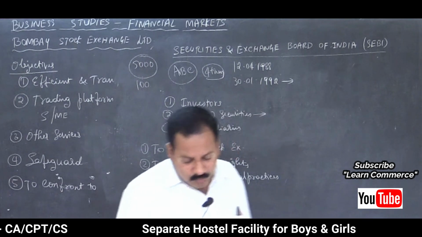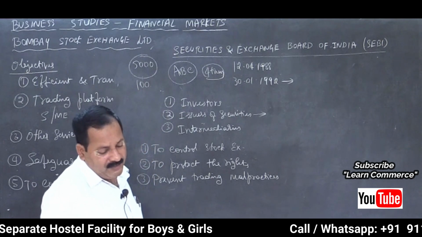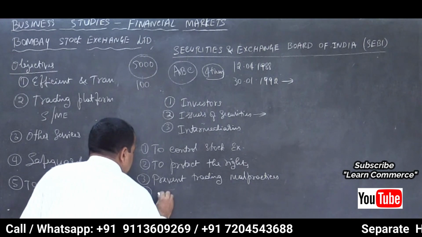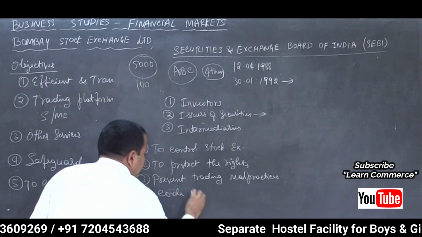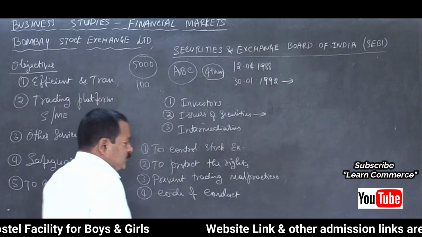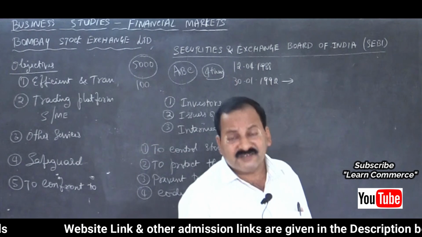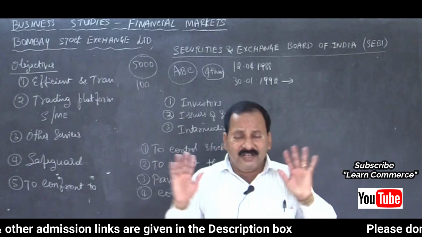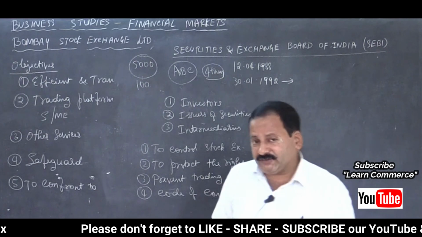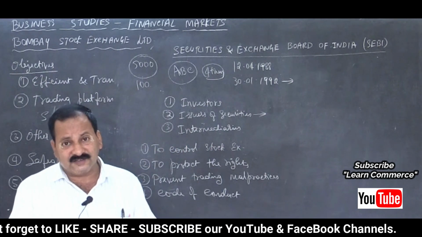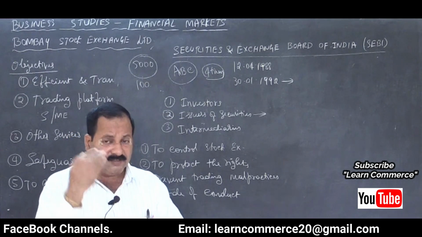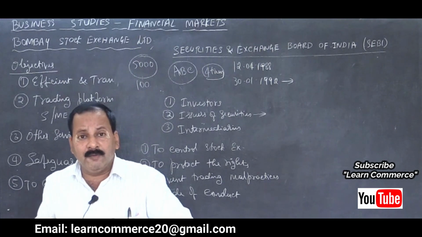Then the fourth one is to regulate and develop a code of conduct and fair practices by intermediaries. Code of conduct, that is discipline, isn't it? In the dealings. Discipline does not mean only human behavior, it is also related to the system. There should be a code of conduct: how the procedure should be, how the investor has to approach, how he can invest in the shares, how he can buy, how he can sell, what are the rules and regulations related to buying and selling, when he has to pay the amount for the shares bought, when the money will be paid to him, isn't it?